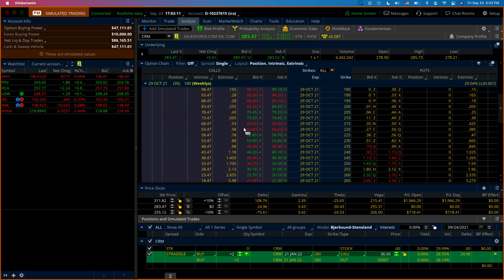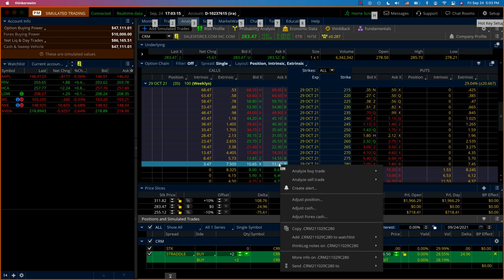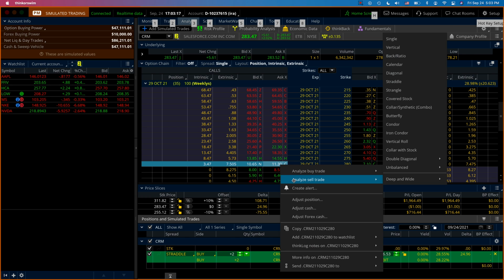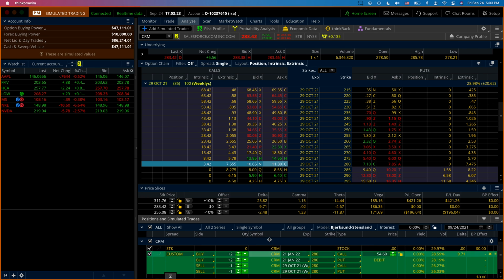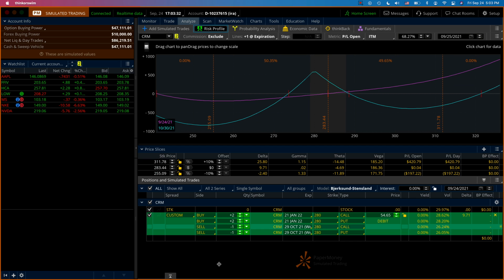And again, 280. Press the control key and say analyze sell straddle. So we're selling the front month straddle. And by pressing the control key, we have created a combination trade. We don't need to add any more, so that's 2 to 1. The back month, 2 straddles, front month, 1 straddle, and that's our trade right here. Now, we say create